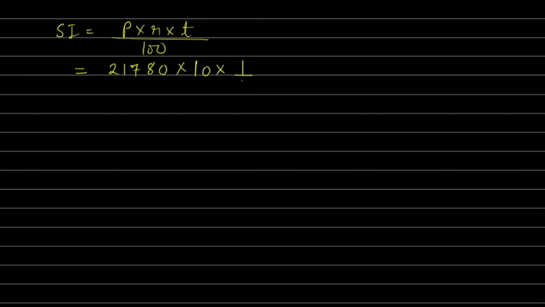So let's do it. Simple interest, we know the formula is P into R into T upon 100. Principal, I just told you, is the amount which we have calculated. It means 21780. Rate is given how much? 10%. Time period 1 upon 2, and this 100 which is already in the denominator, we can write it as this. Now these two, right? So you are only left with 2178 upon 2.